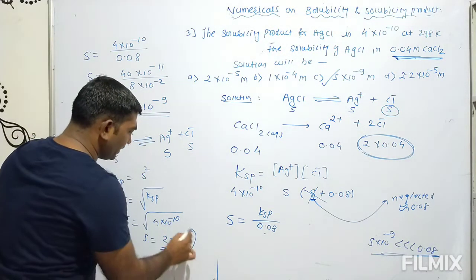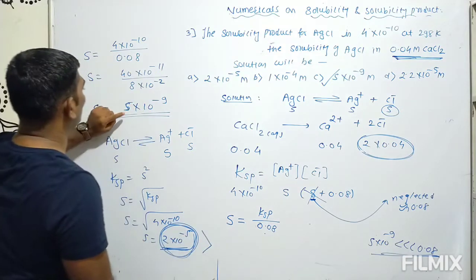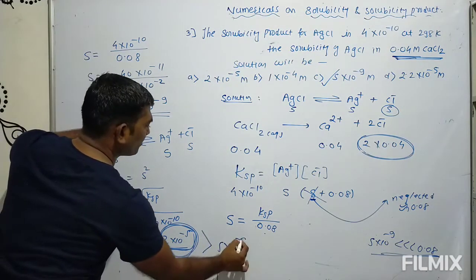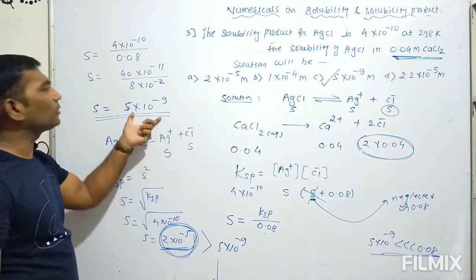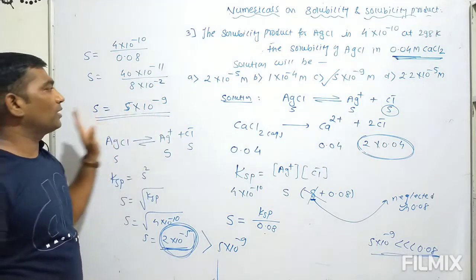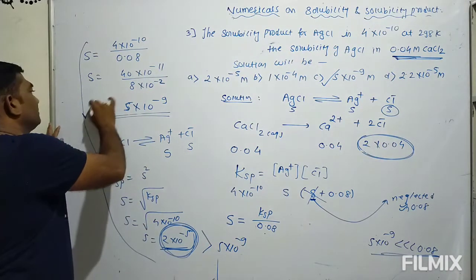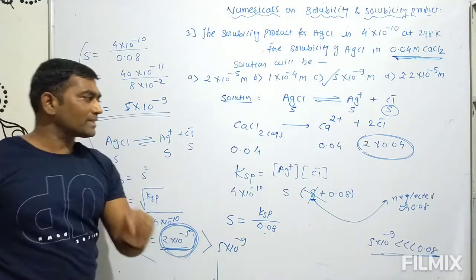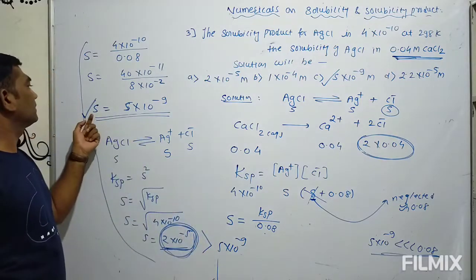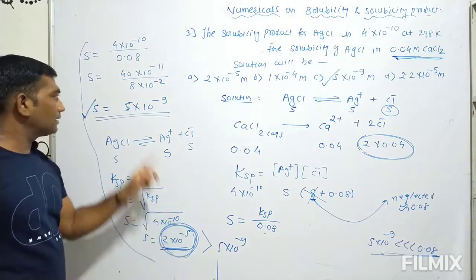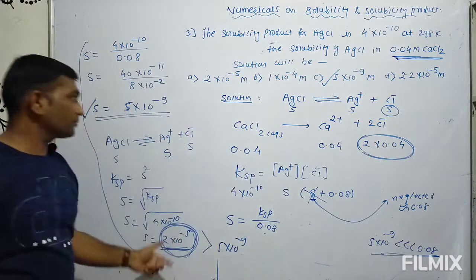So this solubility is more than this solubility, 5 into 10 to the power minus 9. This solubility is more because this is without the common ion and this one is with it. This is another part. I am just explaining for the sake of your understanding. Otherwise, the answer is here. I have explained two concepts: how we neglect this S, and why solubility is less by the addition of this common ion. So please note down this.